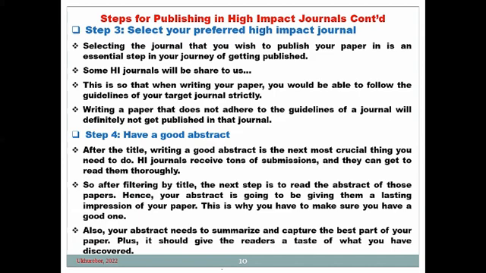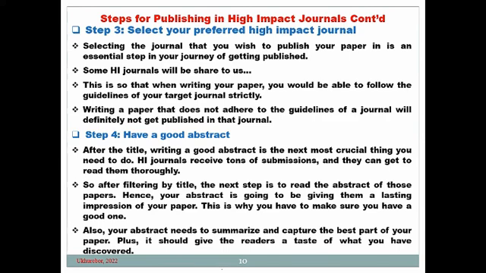High impact journals receive tons of publications, and they can hardly read through all of them. If I want to review a work, what they do first for us, the reviewers, is send us the abstract. They will not send you the work. You only read the abstract. If you are okay with the abstract, you tell the editor, please send me this paper, I have interest. But if the abstract is not captivating, the editor will definitely first of all reject it. And me, that is supposed to be the reviewer, that is supposed to also help you escape the editor, I'll say this paper is not good because you don't have a good abstract.